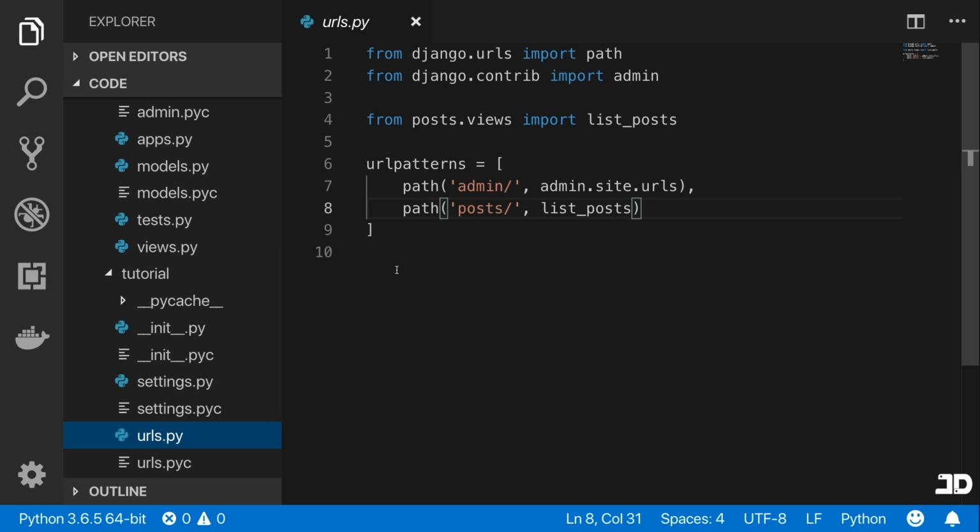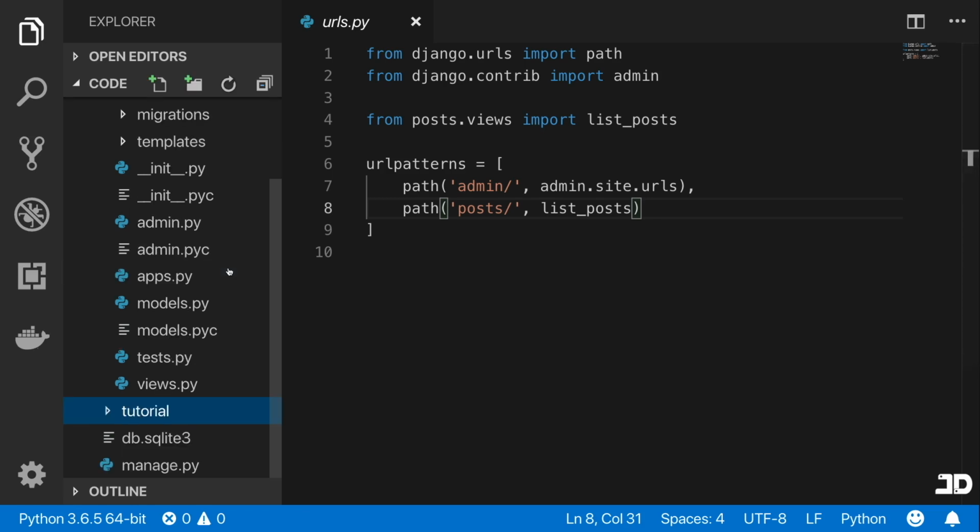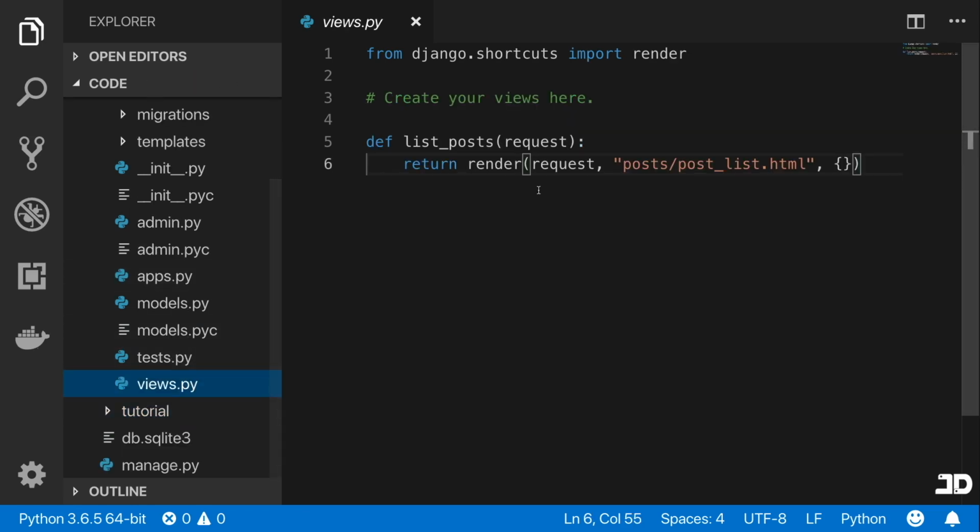So that flow of information is extremely important in understanding how Django works. And once you can understand that, working with Django becomes a breeze, because you'll follow the same process of creating models, creating functions to handle the data that's held in those models, and creating URLs to handle where that data is actually displayed. So what we're going to do in our views.py is we're going to edit this list posts